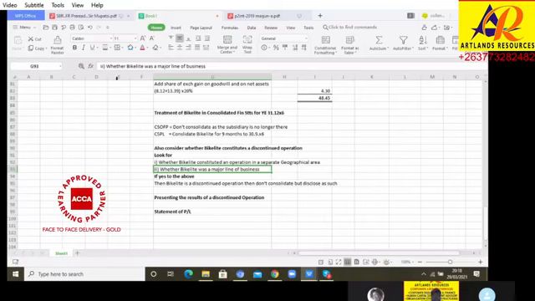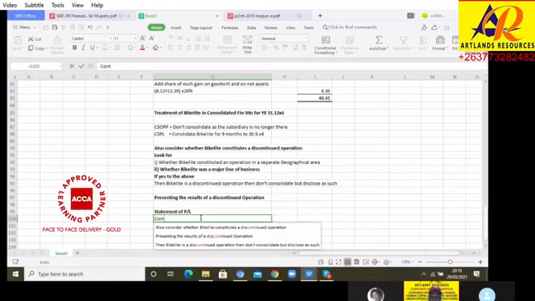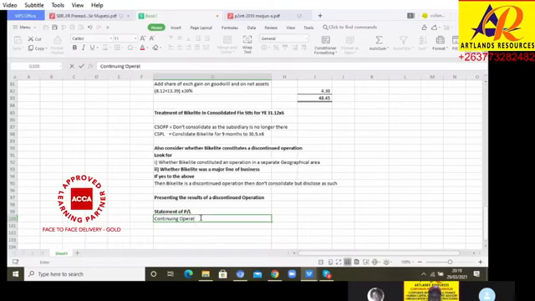Clearly, if you dispose something which constitutes 10% of your revenue, it's a major line of business. You can't say it's a small line of business. So you say continuing operations. When you are preparing financial statements, you say profit or loss, and then you say continuing operations. So you say revenue,